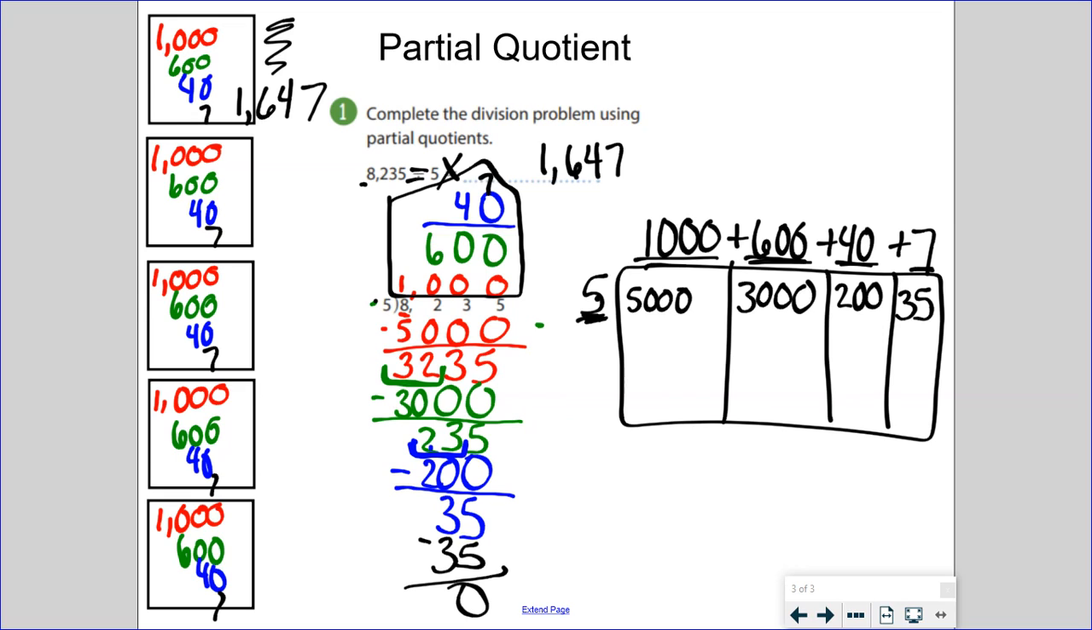So I add those up. I end up with 8,235. And sure enough,